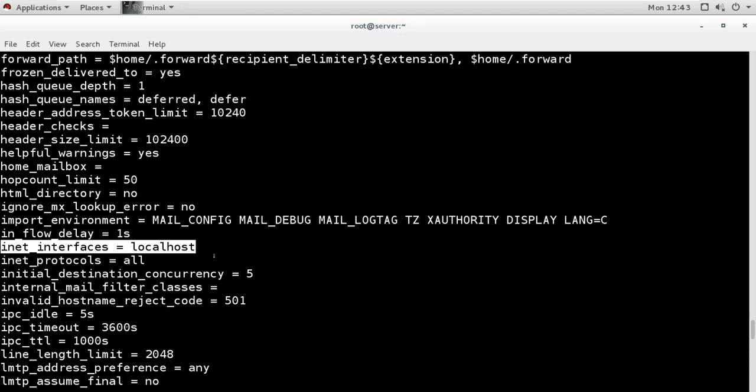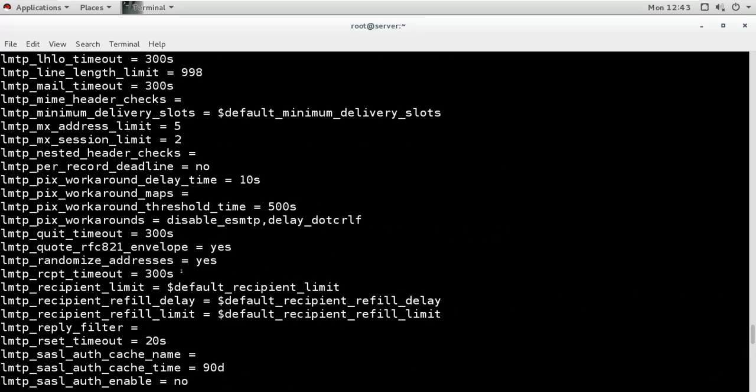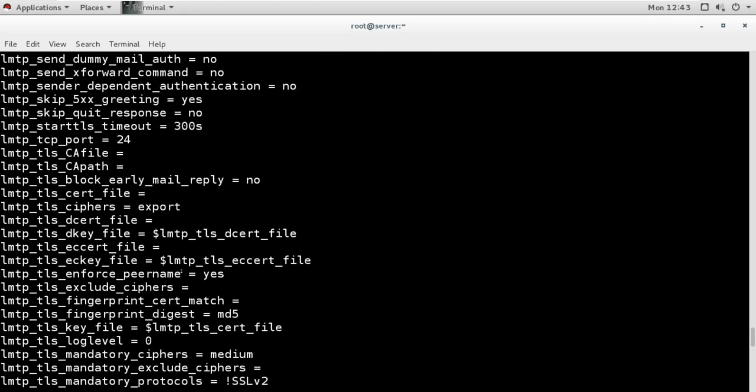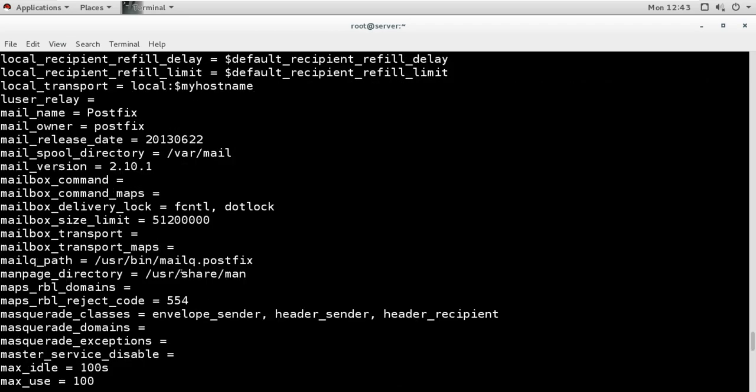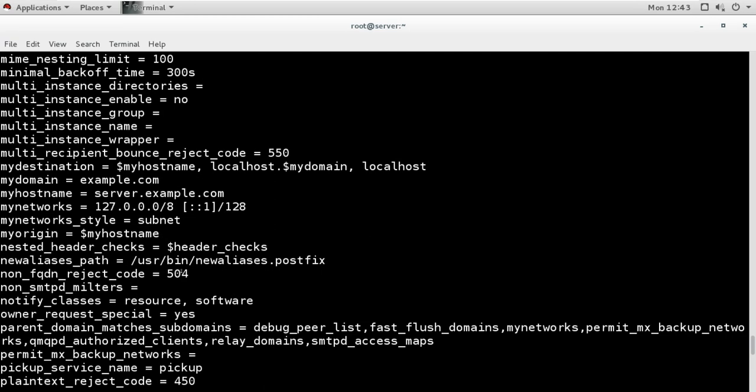So we can change this to accept mail from other sources also. And it is using my domain, my hostname, my network, and my origin. So it is using all these things from our local system, from the current system.